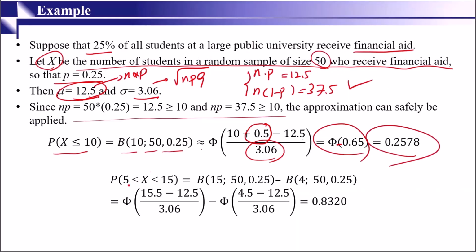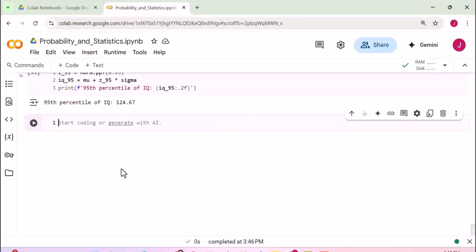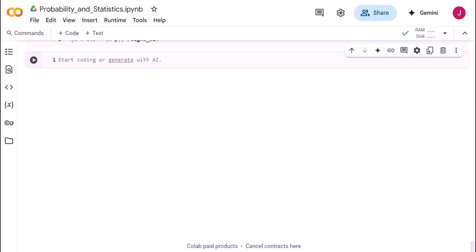Then we go for the probability of X between 5 and 15. It is binomial with n of 50 and p of 0.25, and same here. So again, we add 0.5 to get 15.5, and subtract 0.5 to get 4.5. If you find the phi of this value and this value, then we will come up with the answer. So for the example of financial aid, in Python, we suppose our n is equal to 50